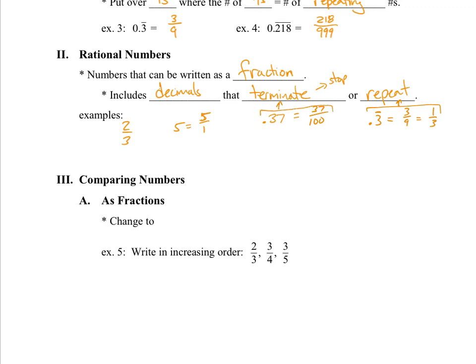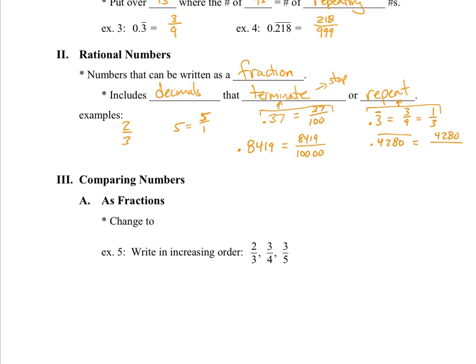Another example, 0.8419 would be 8419 over 10,000, sorry, I missed a 0, because there's 4 numbers there. 0.4280 repeating would be 4280 over,